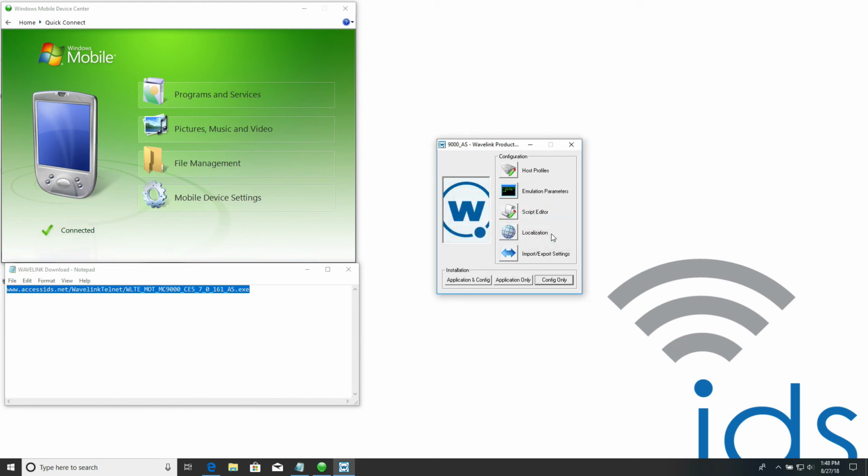And then for any subsequent devices, you would simply pull the unit out of the cradle, put the new device back in the cradle, make sure you have this connection confirmed, and then hit config only, and that's it. And that's the basics of setting up a new profile or editing a profile and then sending it down to the